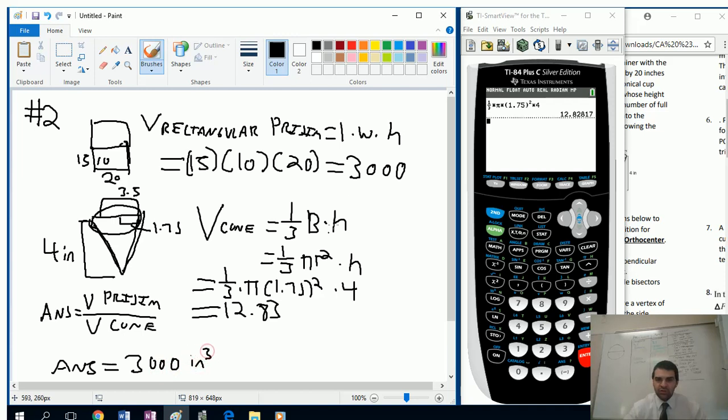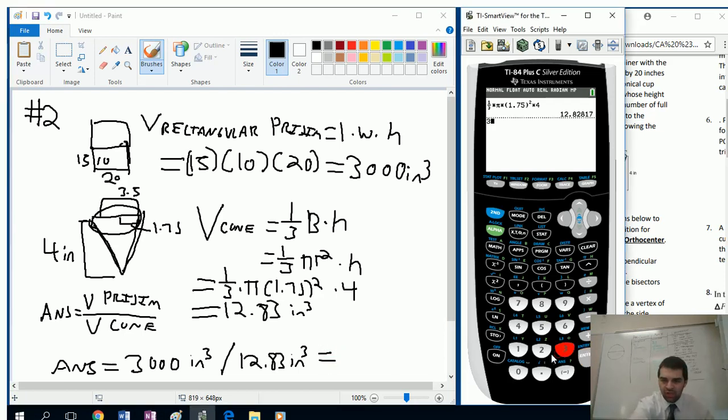By the way, you should always put your units for your volume, divided by 12.83 inches cubed. So that's going to be equal to, well, let's use your calculator to prove it. 3,000 divided by 12.83. That's going to be